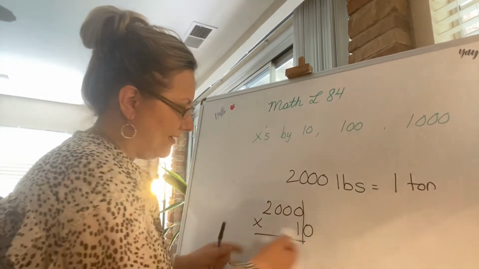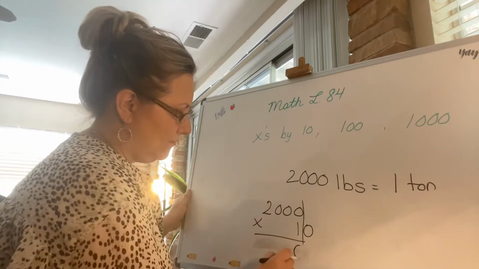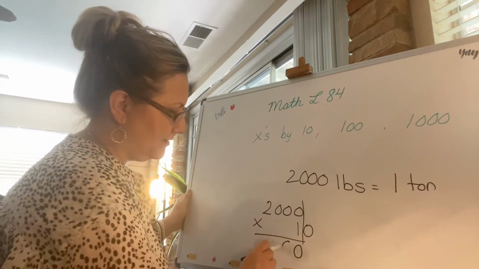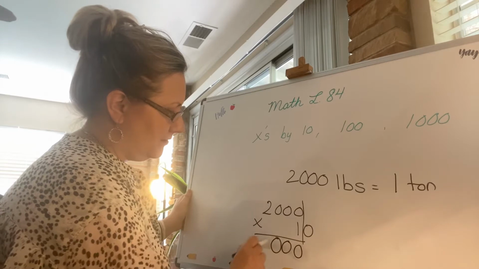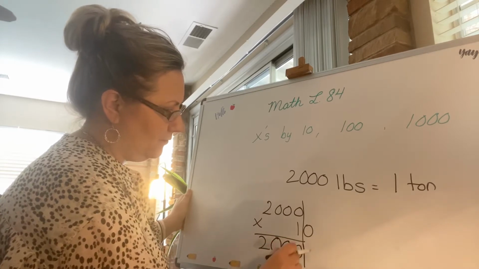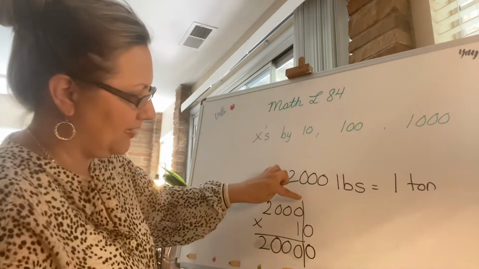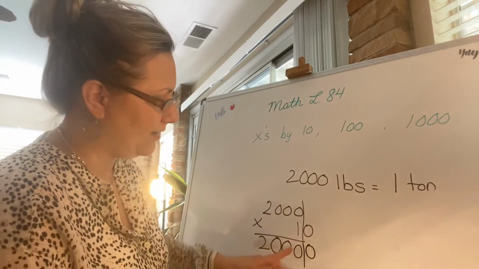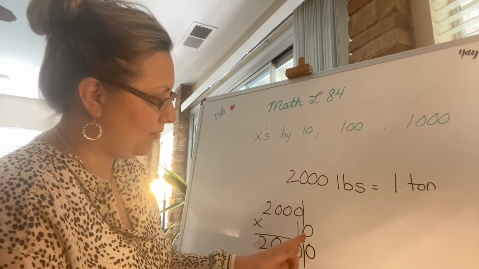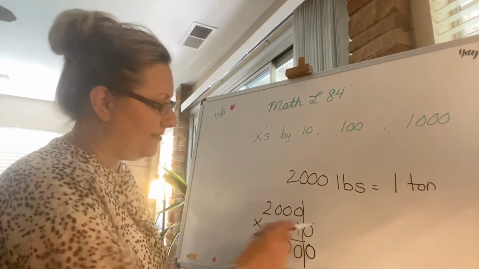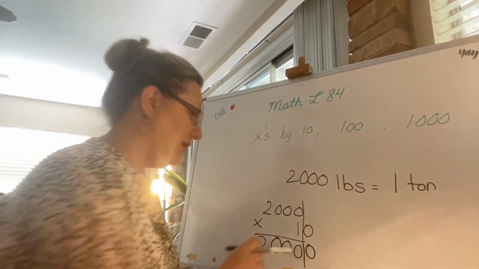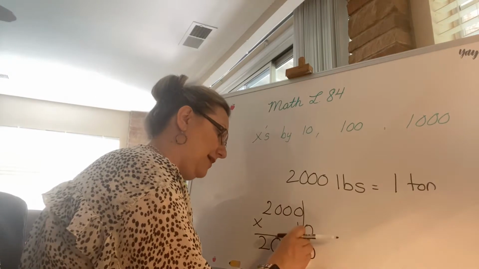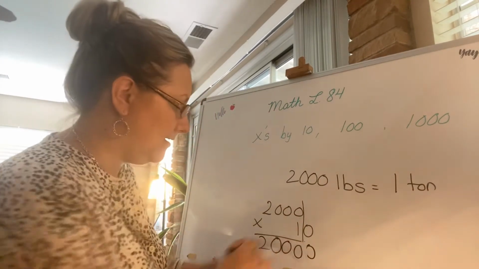Let me try again. So 0, 1 times 0 is 0, 0, 1 times 0 is 0, 2, and then if you were to bring that 0 down, sometimes we put a line if we want to, just to differentiate where that 0 is hanging off, and then we just bring that down. So, but in the end, we don't need that line here. We want to see the number all at once,